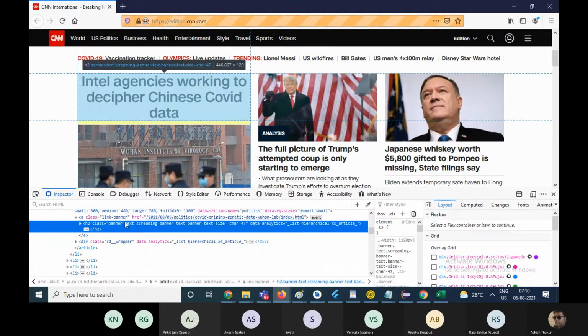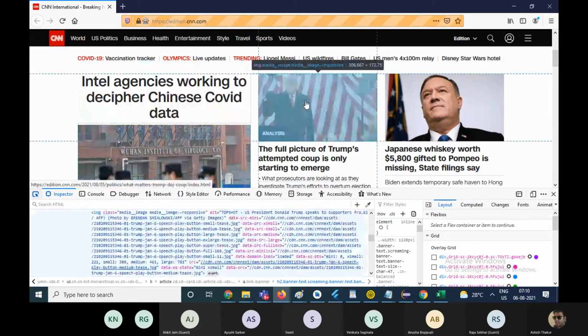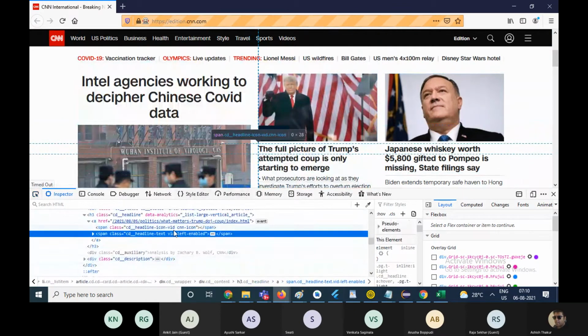Okay, so the element will be highlighted in the page source. The page source of a website remains the same across all the browsers. Page source is actually the response from the server. So whether it is Mozilla or Chrome, all the websites open the same way in all the browsers. So the page source remains the same. The elements remain the same.